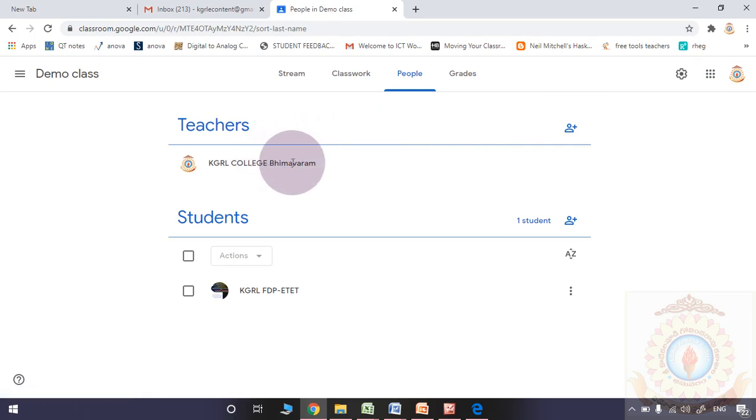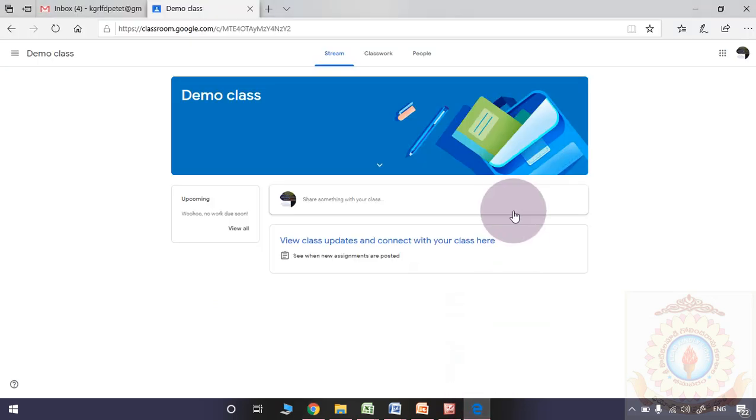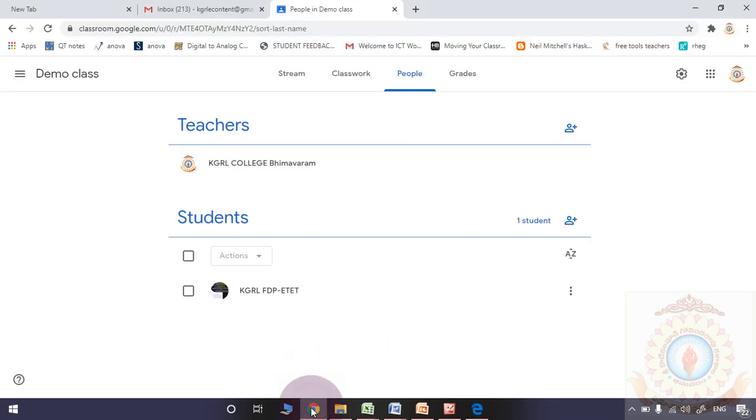So KJRL College Bhimavaram is appearing under the teachers wing. From this email ID in another browser I joined as a student, so that email ID, KJRL FDP, is appearing as a student.